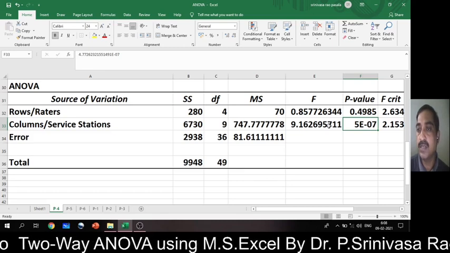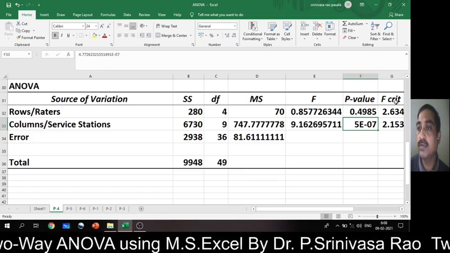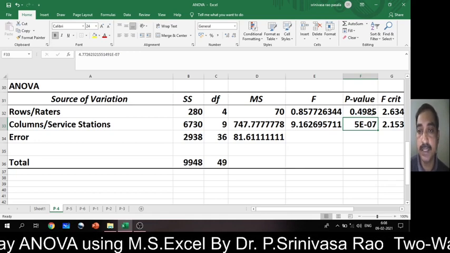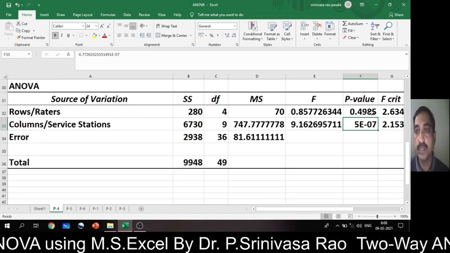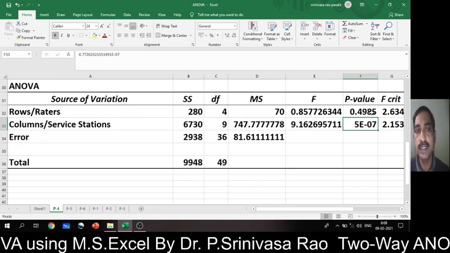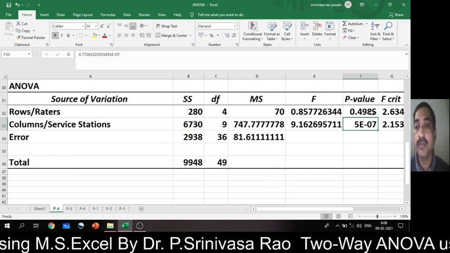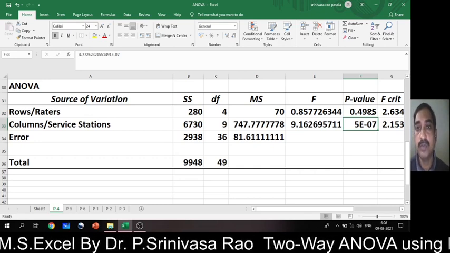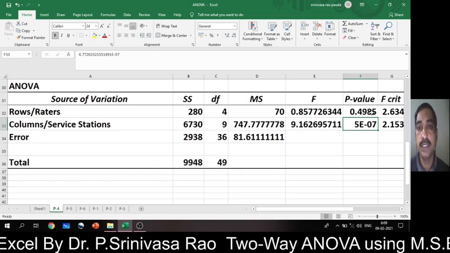So as usual, by using the manual F calculated value and F critical value, and by using the p value, you are getting the same inferences. At the conclusion, there is no variation between the raters, but there is a variation between the service stations, right? I hope you understood how to carry out the two-way ANOVA by using MS Excel with an example.